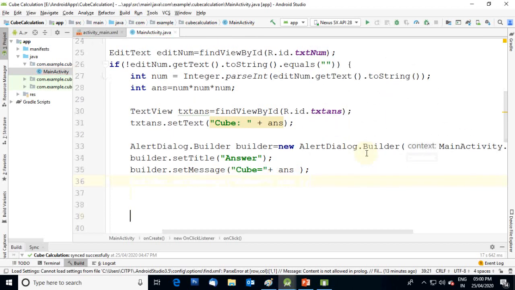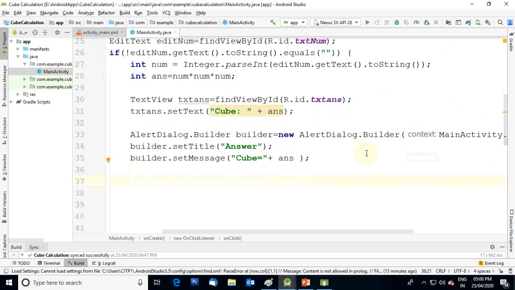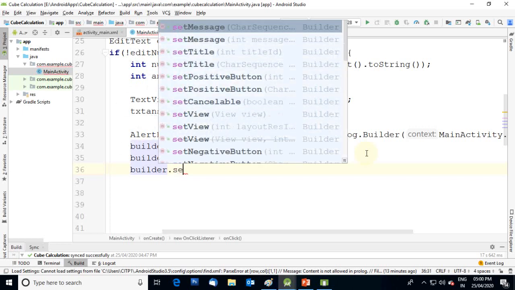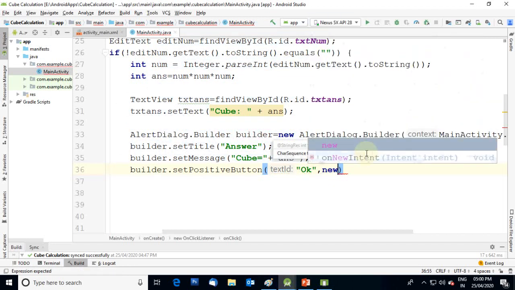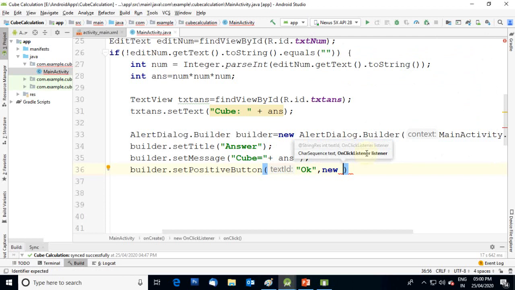Then I have to add the OK button on that builder. Then builder.setPositiveButton, OK. Then when I click on that OK button, the dialog must be closed. So for that I am going to write the click listener of that OK button.